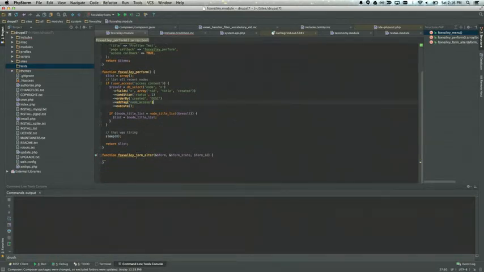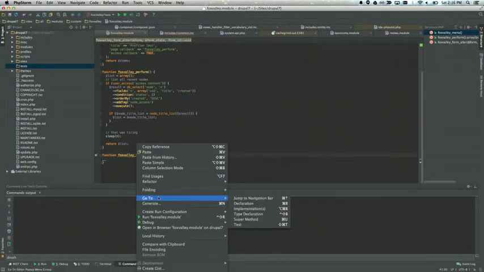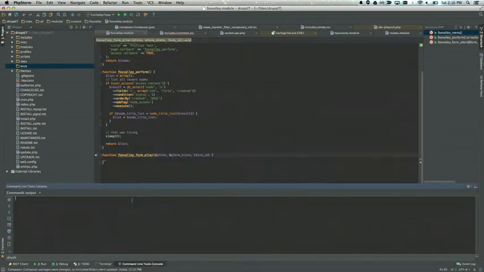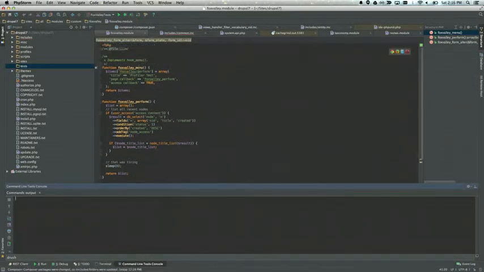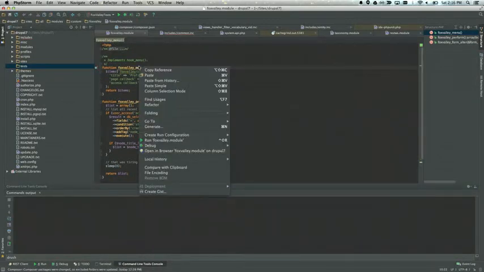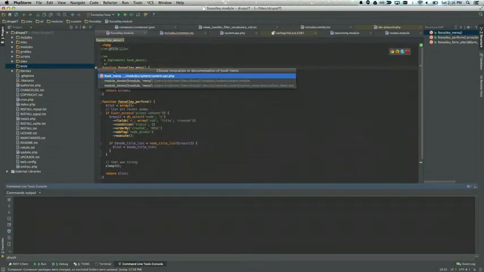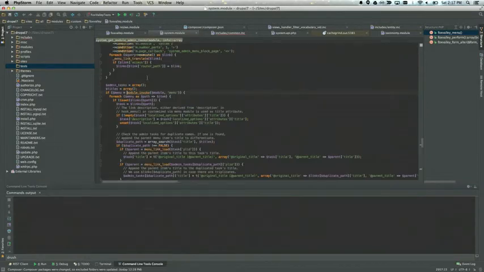Scroll up so we can see it. Maybe I'll go to menu here. It also tells me where it's called. So this module right here calls the hook menu in system and admin views as well. And I could go to it right there.